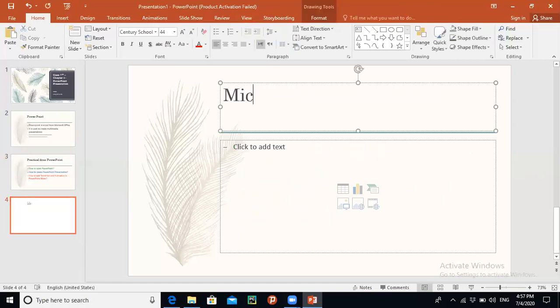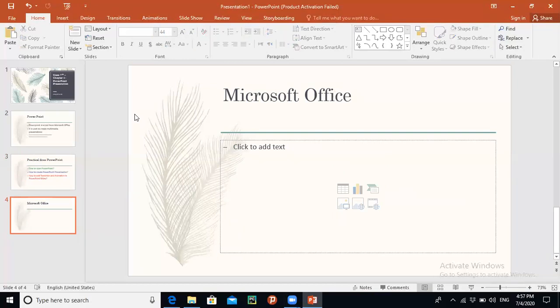So in this way you can make your presentations more attractive and more colorful. Okay, in this slide I am going to add some details about Microsoft Office. So all of us know that Microsoft Office is a complete suite or a complete program which has different tools for our work. Like it includes Microsoft Word, Microsoft PowerPoint, Microsoft Excel, and there are so many others. So I'm going to represent this information in some specific style.